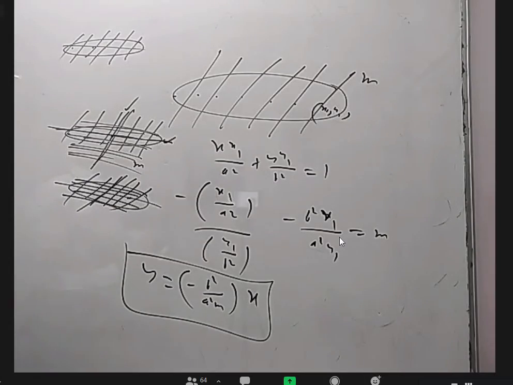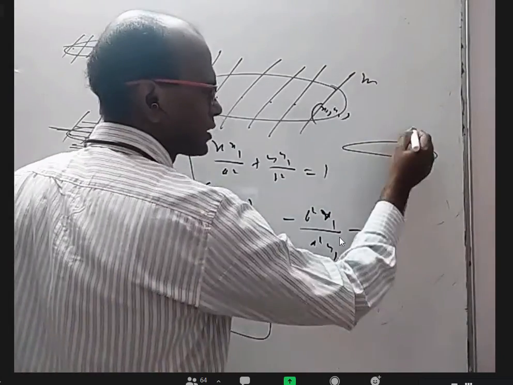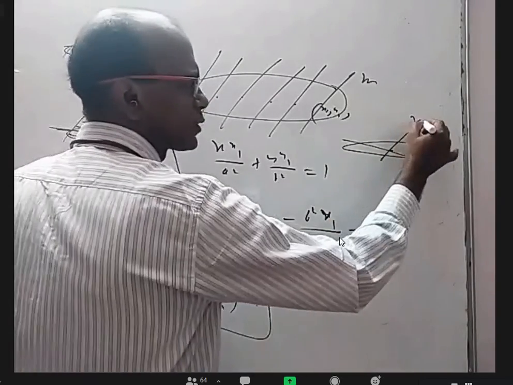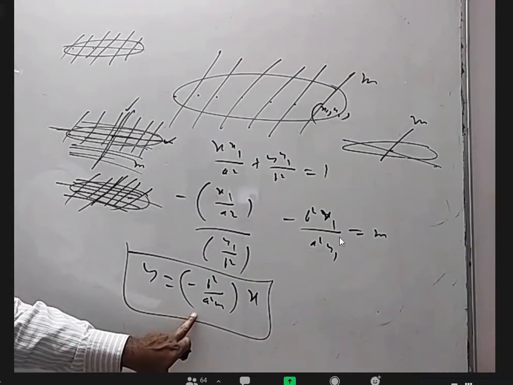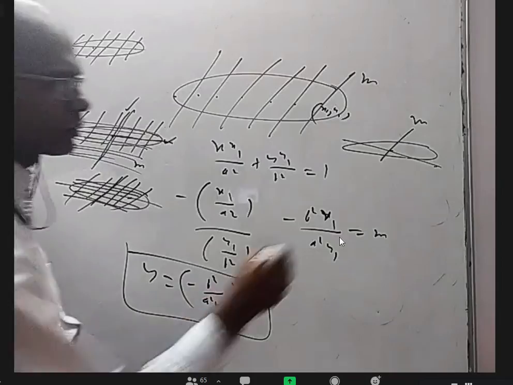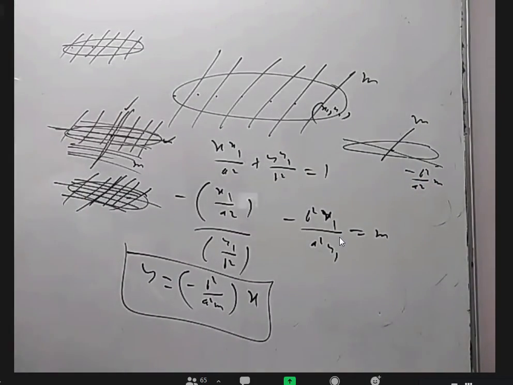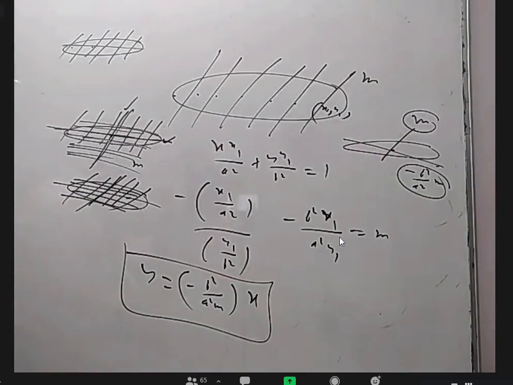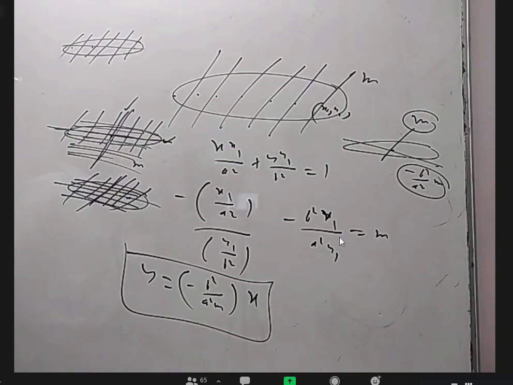Now, if somebody says this is one diameter and the other diameter is a little slant like this, if this slope is m, what is the slope of this we got? Minus b square by a square m. Correct? If you multiply these two, what will come? Minus b square by a square. That is the condition.